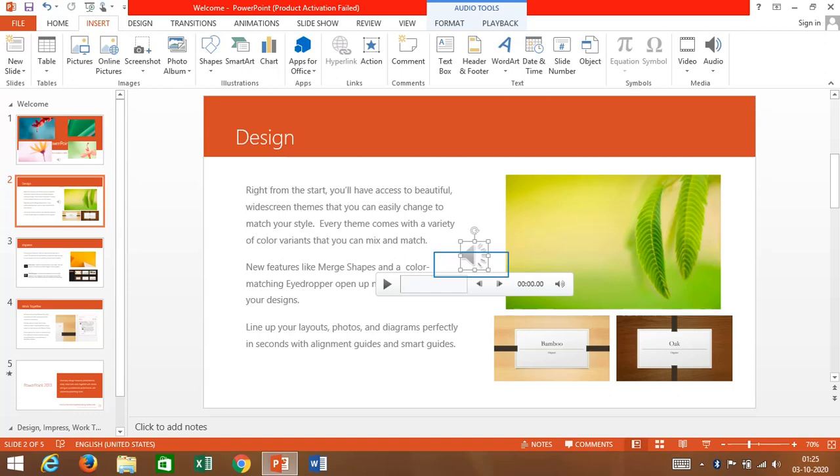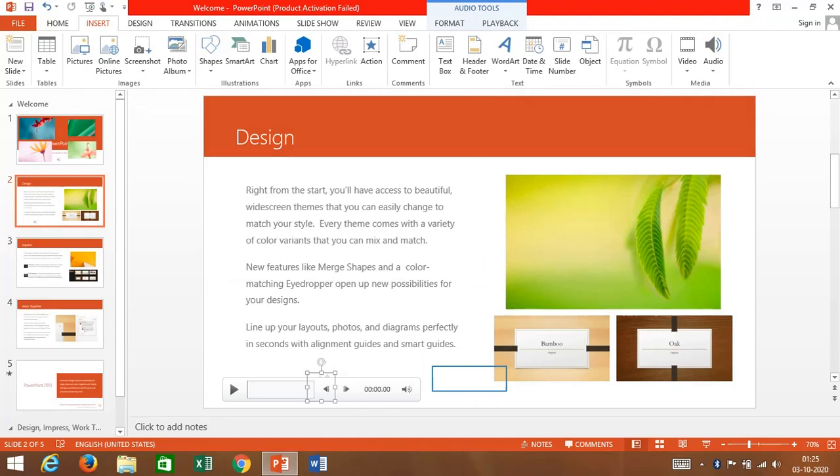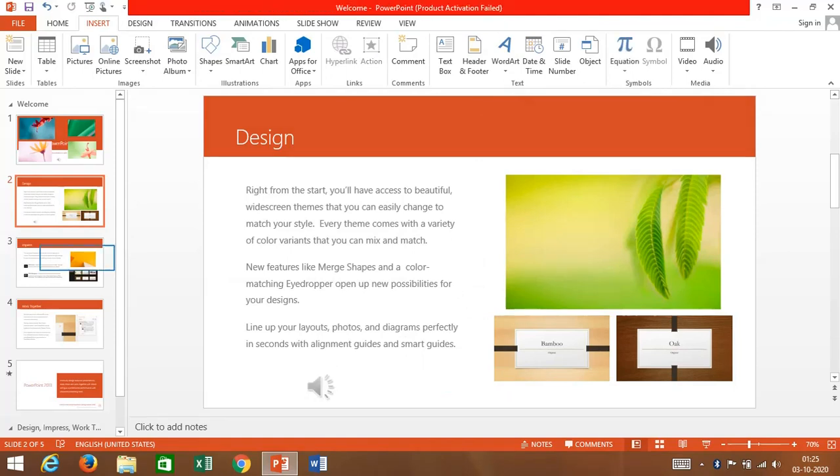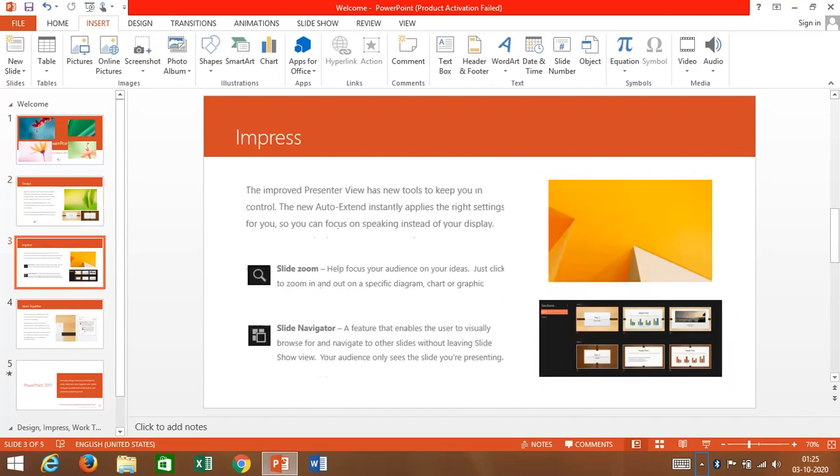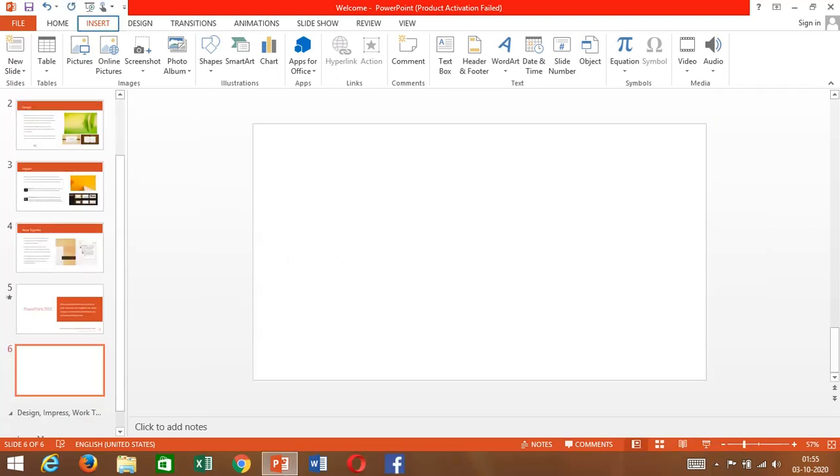Now as you saw, dear students, whatever I recorded through that Record Audio mode is recorded into the slide. This recorded audio becomes the sound of this particular slide. Same way we can go on putting different types of sounds in different slides. This is the second way of putting audio clips into a slide. Okay. Now I am going to show you how to insert videos into a slide.